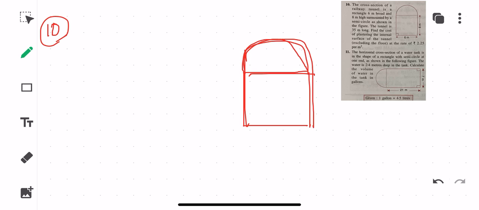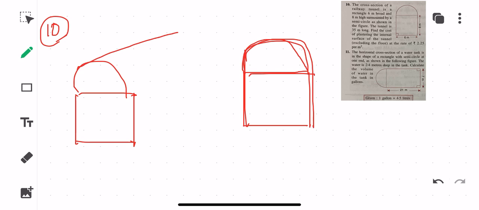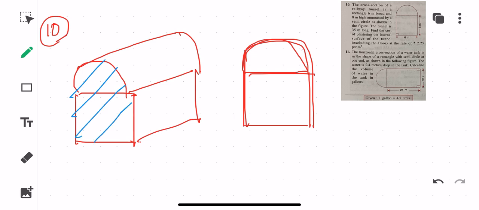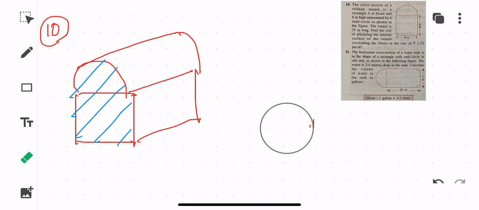For a cylinder, the base becomes the cross section. For a sphere, when you cut it out, the hemisphere's circle part becomes the cross section. So if you see, they have given that this tunnel is actually like this, but what must be the shape of the tunnel? It should have been something like this. Whatever you are seeing here, this part, this area, happens to be the cross section. Whenever the cross section has been given, I'll explain the two formulas that have been given.